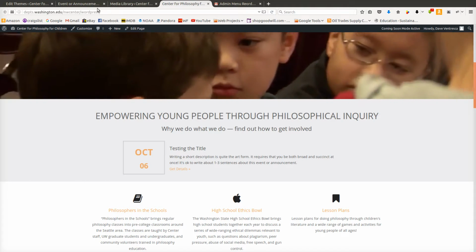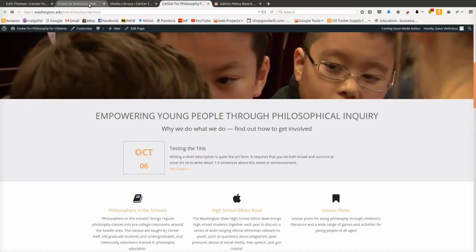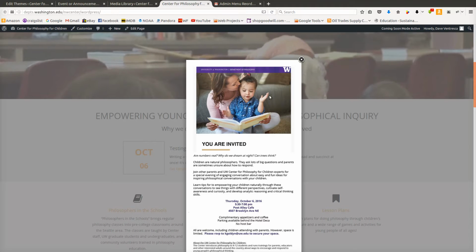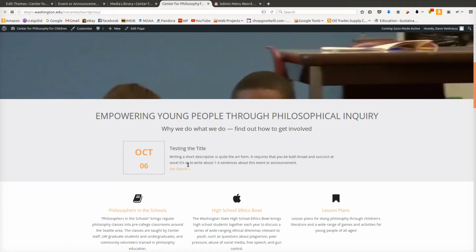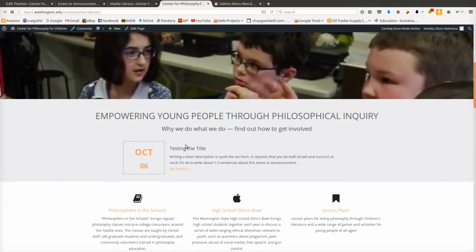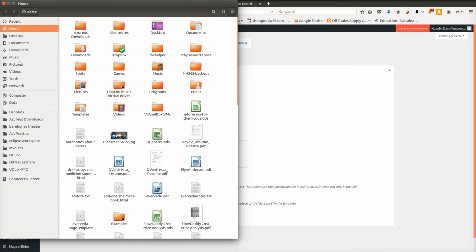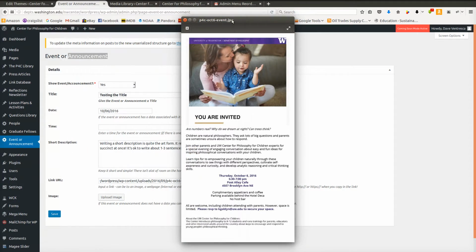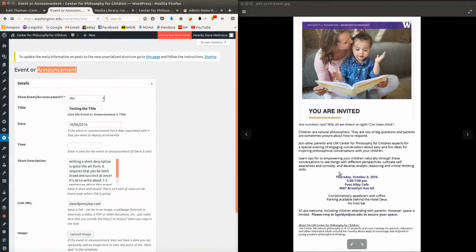So perhaps opening it up in a new tab or something to that effect might be a little bit better, especially when you have an image that's so large. I know PDFs might be a better format, really, to post information like that. But let's go back here and actually take a look at this image and take some of the text from that image and upload it into the event space. So let's put this over here. We'll make this a little bit smaller. So Thursday, October 6th,